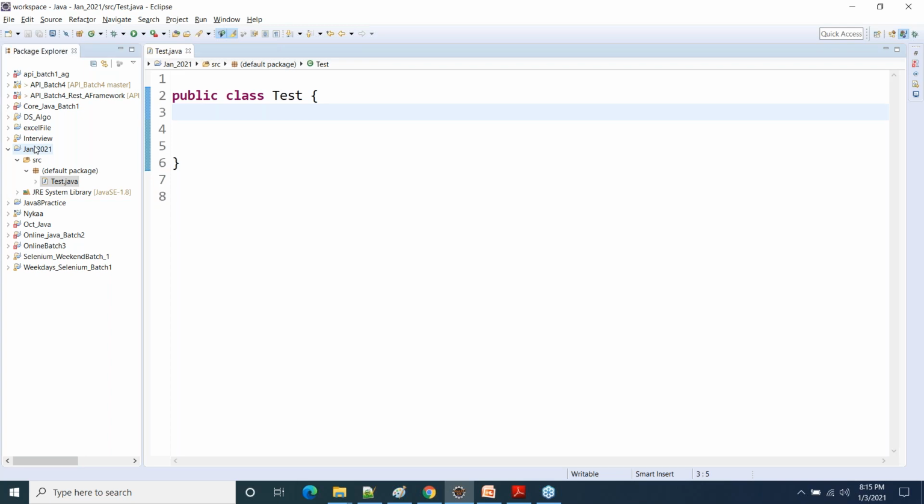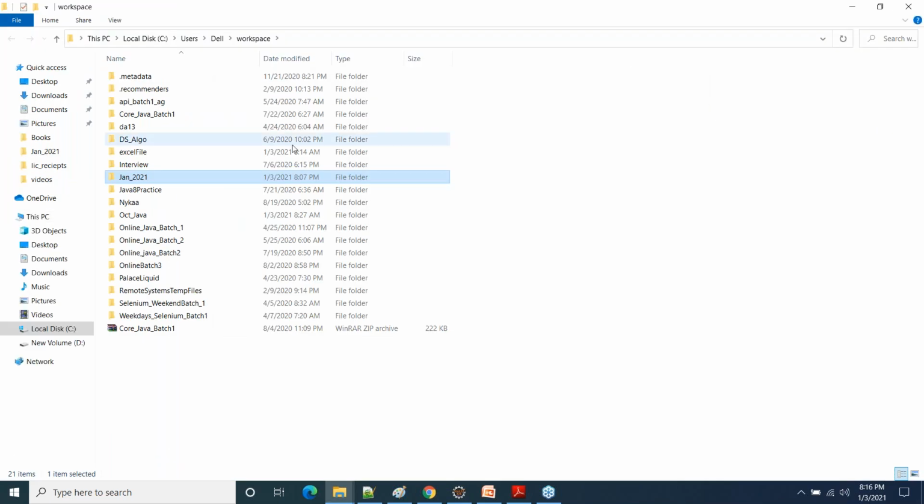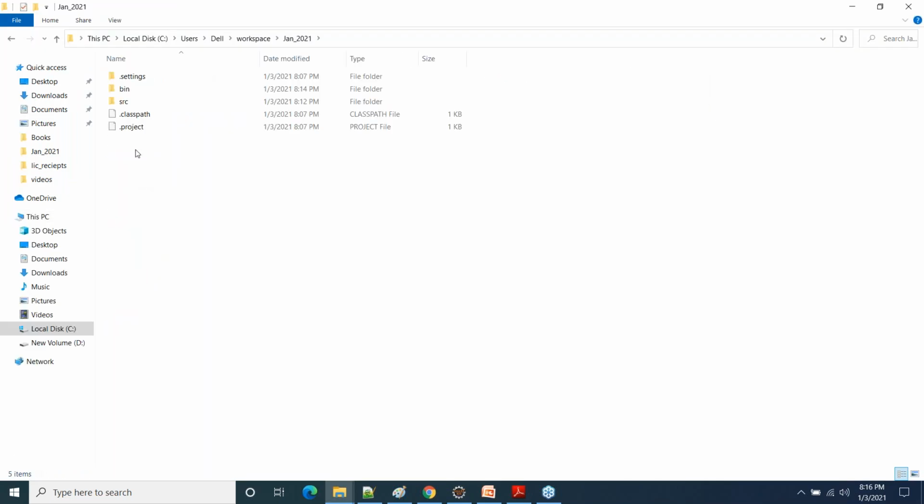Okay, let me tell you where the .class file has been created. So this is the location. I'm going to this directory. No, not inside src. The .class file does not get created in the src folder. Let me show you. When I go inside the exact folder in the system where my project has been created, you will see the bin folder as well as the src folder. The src folder will just contain .java files. It will never contain a .class file. In fact, the .class file will be kept inside the bin folder. Can you see this test.class? Okay, so the .class file will be created inside the bin folder.